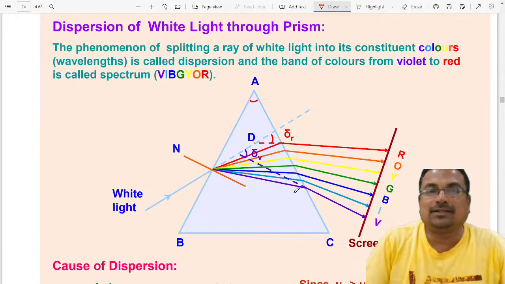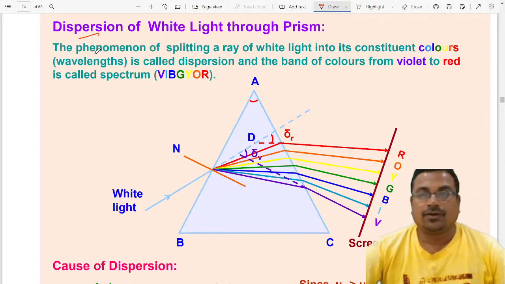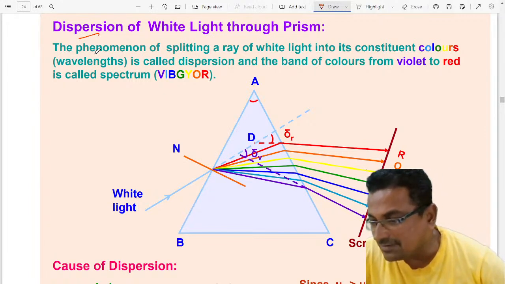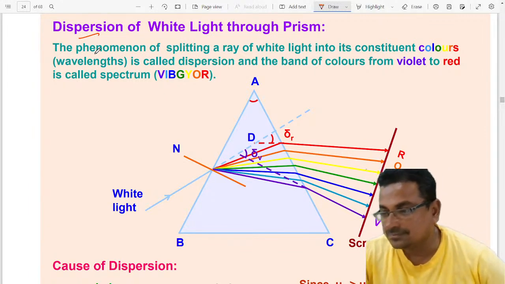Now, dispersion of light by the prism. When the light is passing through the prism,